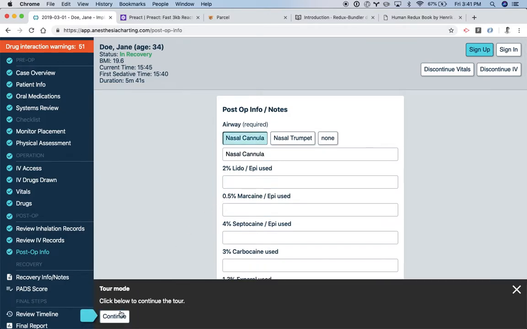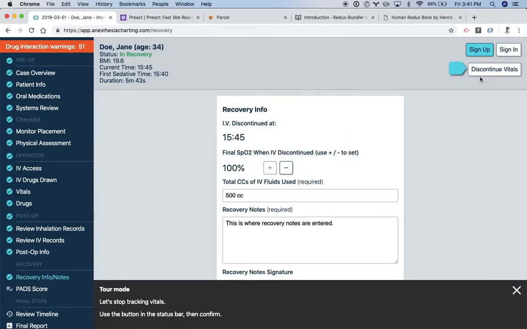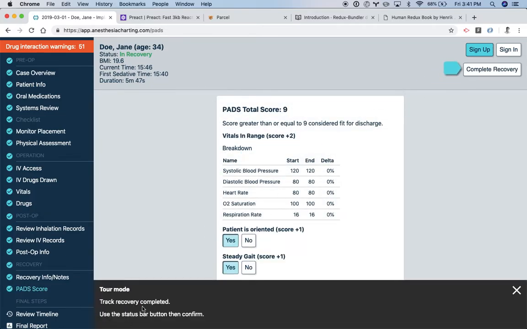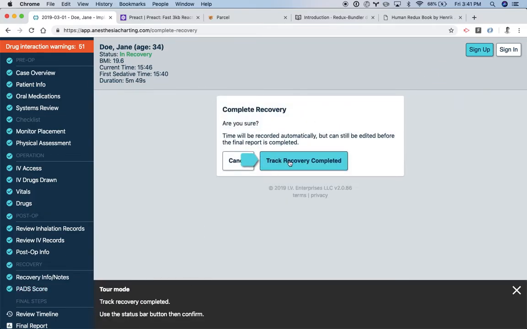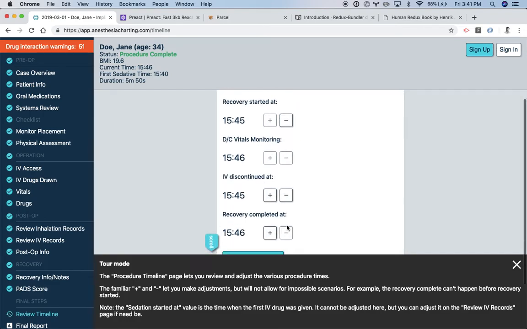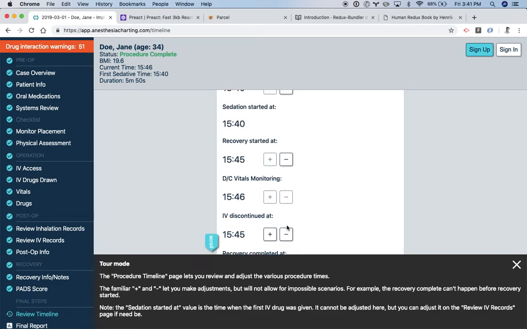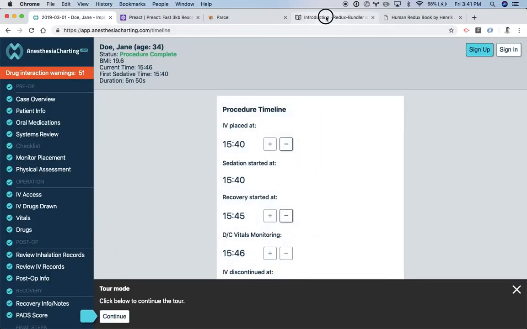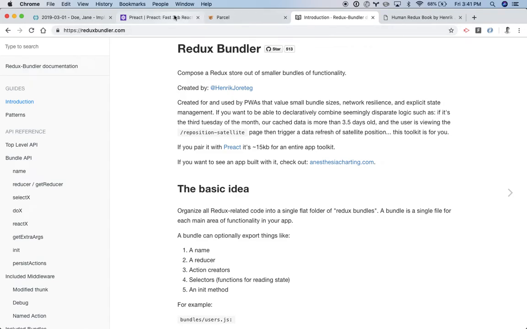All right, discontinue model. Okay. So a lot of things that, yeah, and point is, whatever, tons of stuff. So all this, tons of state to maintain at all times, and I'm doing it all with Redux Bundler,